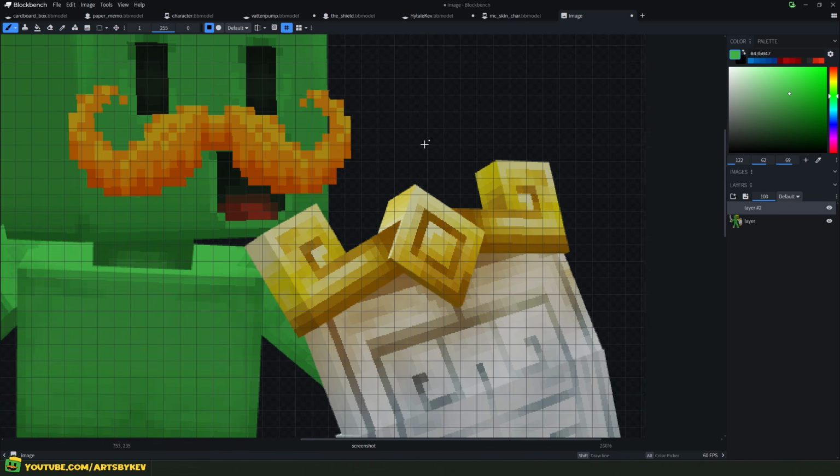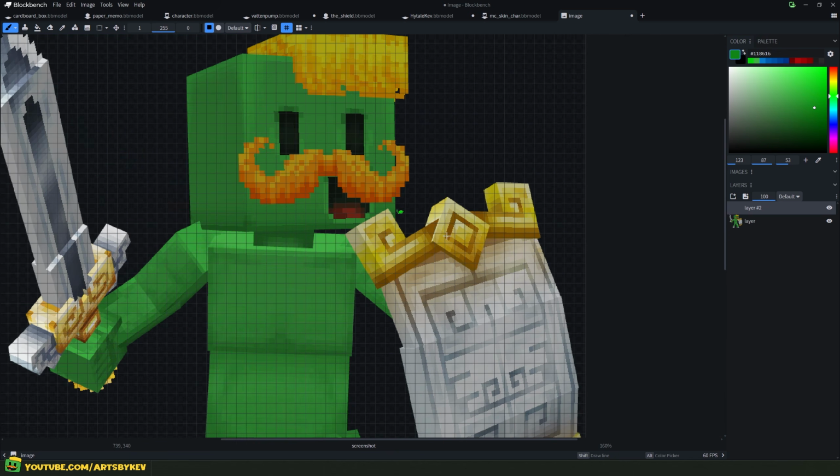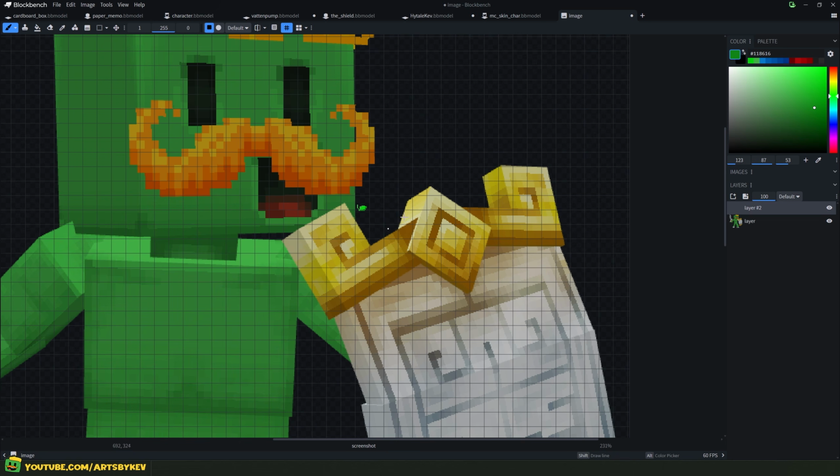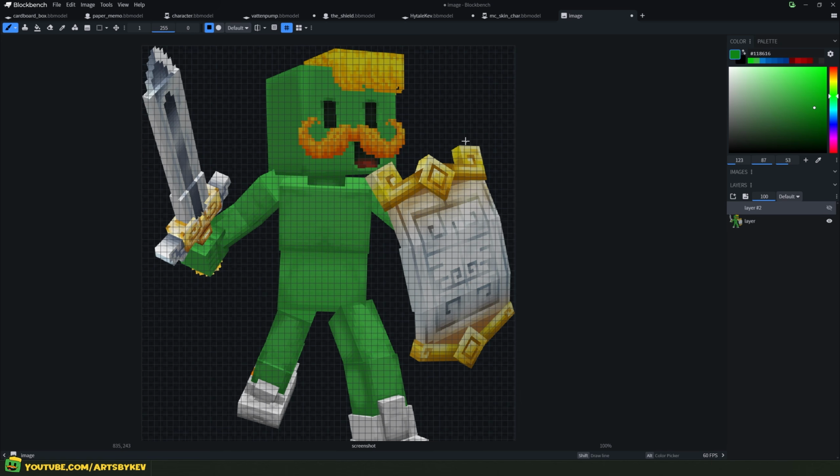If you hold Ctrl and zoom in, you can go all the way into the very pixels and draw your own little pixels. Right here we're gonna do something that looks a bit like a leaf. Why am I painting this random little leaf? I have no clue, but now it's there. And since this is painted on a different layer, I can also choose to untoggle and toggle the layers back on and off. Now, you will not be doing your thumbnails in this image tab, trust me, but it is